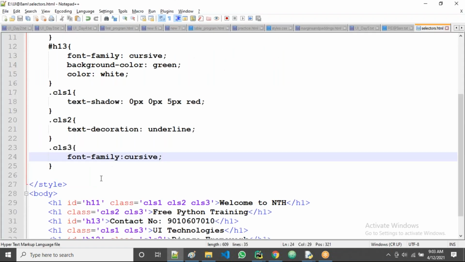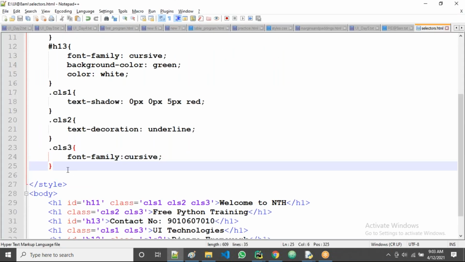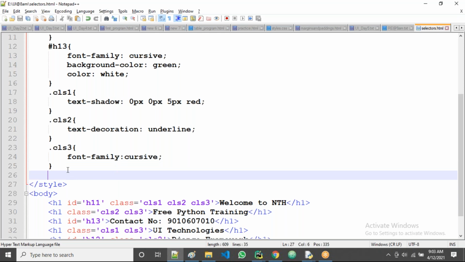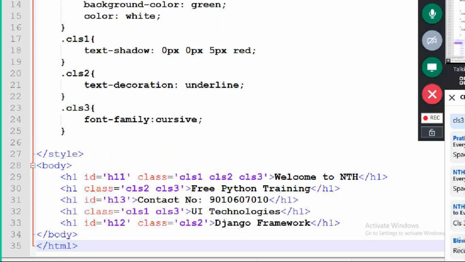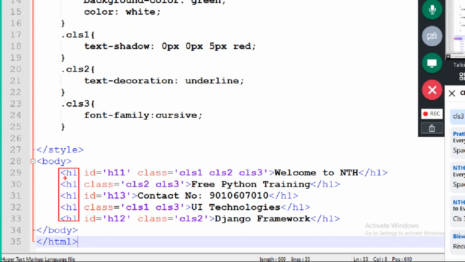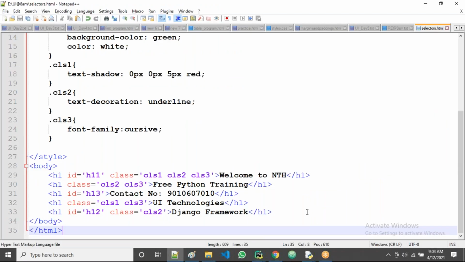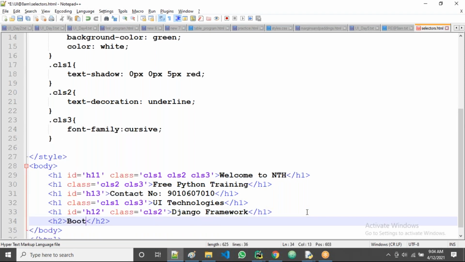Okay, next one and last one is element selectors, guys. Element or tag selector. What does it mean? For all the H1s, guys. For example, in this program, we may have H1, H2, H3 also, right? Let's take suppose bootstrap, guys. Now what do we have in this program?